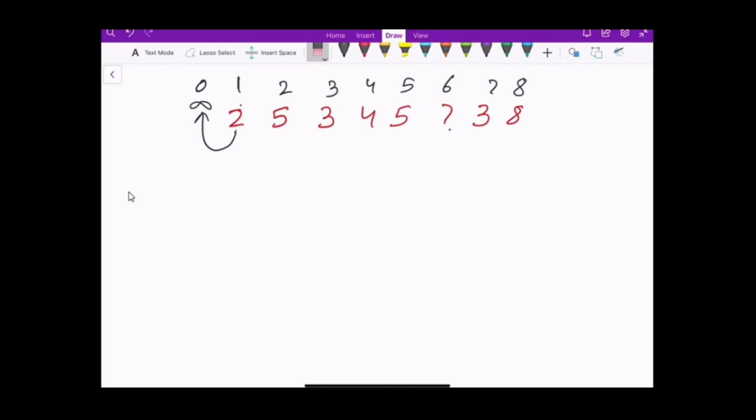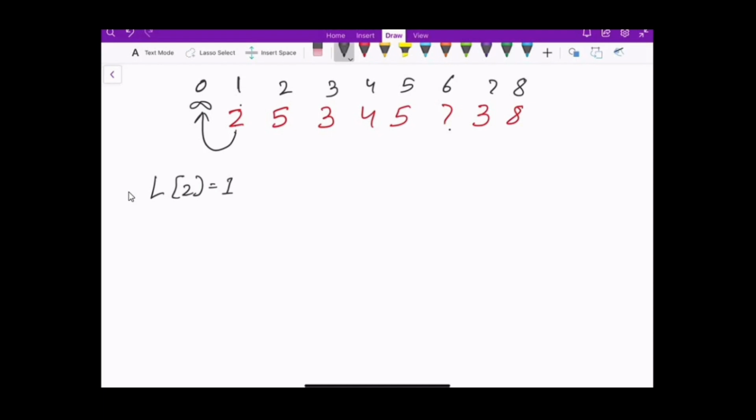So for 5, again what we'll do is, let's say we are making an array L. We will assign L of 2 as 1, because the left element can be anywhere between index 0 to i minus 1. So we'll assign L of 2 to 1, and we will keep decrementing. The left array actually keeps a pointer to the element which is greater than the current element. So we will see if the current element is not greater than the element which we are considering, we'll move to the pointer. We'll keep following the pointers.